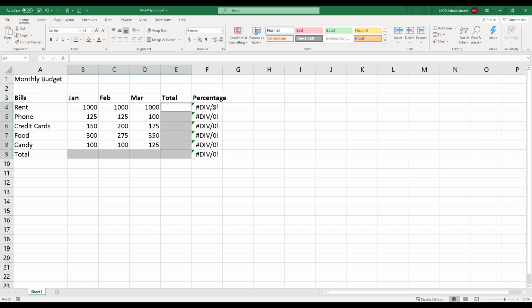Now you will notice that right now you can see that there is some error at the percentage column, because the calculations over here depend on the value of the E column. So you can just ignore it for now because there is no value, so it's giving us a division by zero error. So in order to do calculation of the January month, what we can do is go to the formulas,